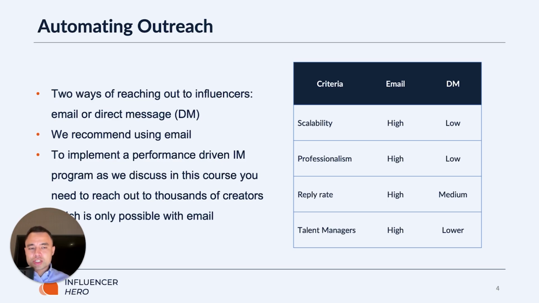So with direct message, you are able to reach the influencers directly more often than through email, especially if you go into the macro and mega influencer space. There are a lot of talent managers and agencies involved, and the email will often refer to them, making it more tricky to negotiate. Right, especially if you do affiliate and gifting campaigns, because, well,